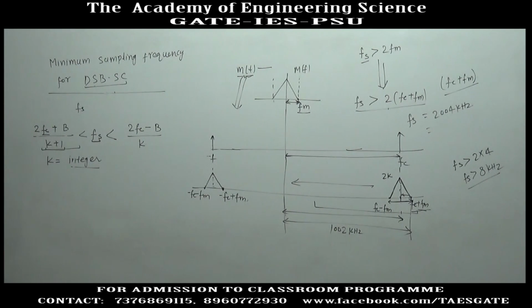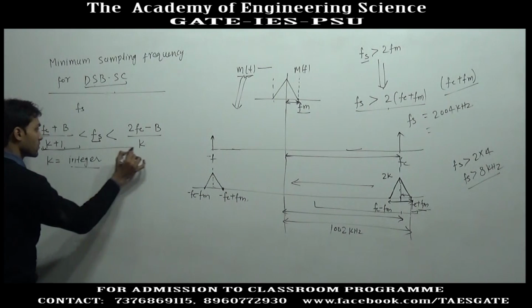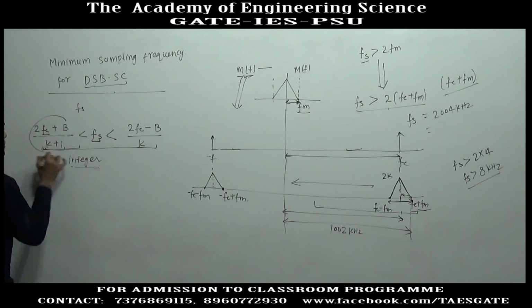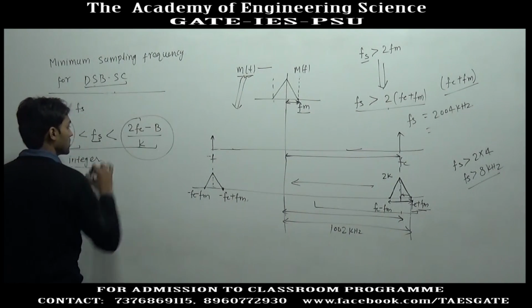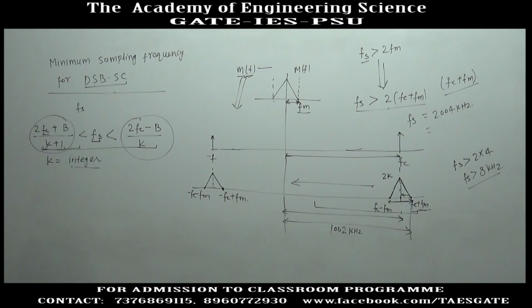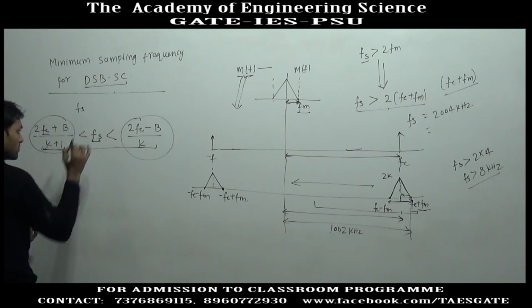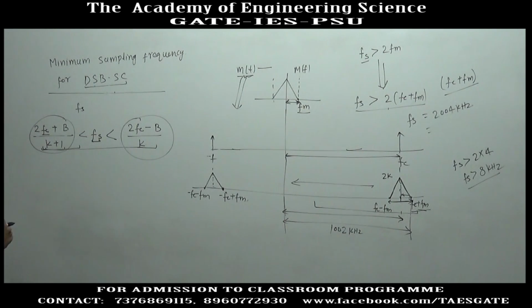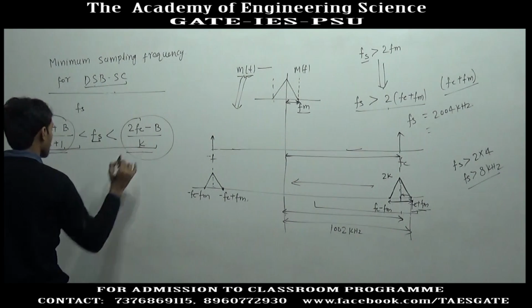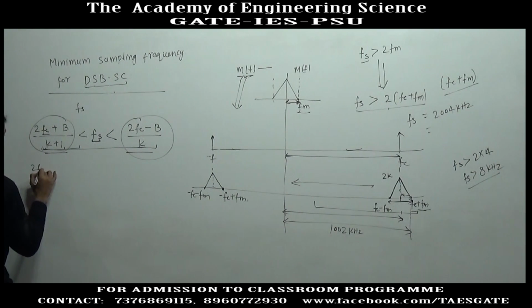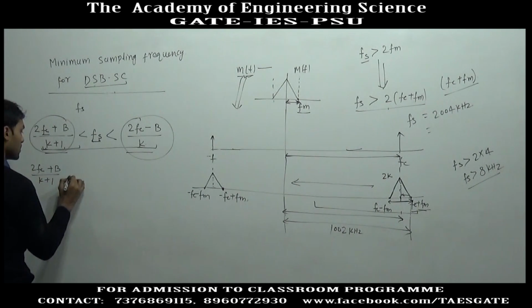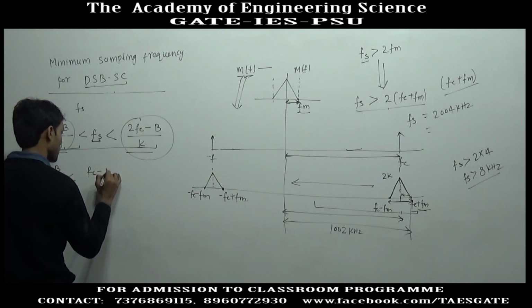And how will we maximize k? If this relation holds, then this quantity must be less than this quantity. So, we will use this inequality to find the maximum value of k. We will maximize k so that we can get the minimum value of Fs. So, first we use this inequality: (2fc plus B) divided by (k plus 1) must be less than (2fc minus B)